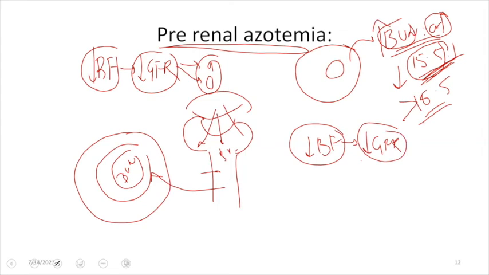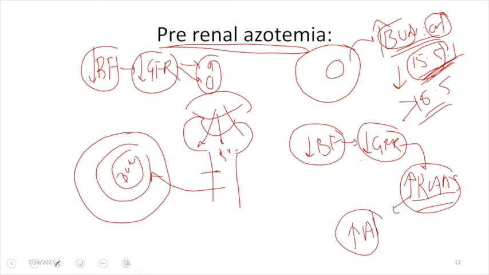Because of the decreased blood flow to the kidney, this will result in increased activation of the renin-angiotensin-aldosterone system, which will manifest with an increased level of aldosterone, and this increased level of aldosterone will result in increased absorption of sodium along with water. With the water there will be increased absorption of blood urea nitrogen as well. So we know that the levels of BUN and creatinine are both increasing, but BUN is being additionally absorbed, and because of this, the level of BUN will be increased more as compared to the creatinine, and hence the ratio will be more than 15:1.